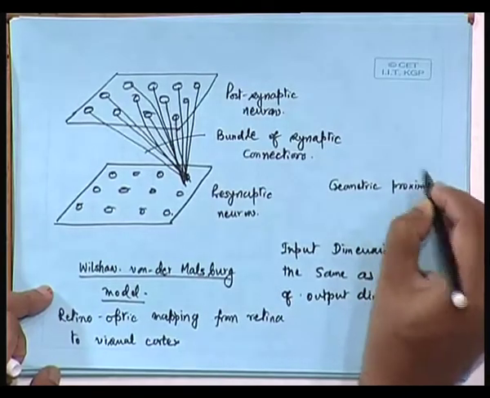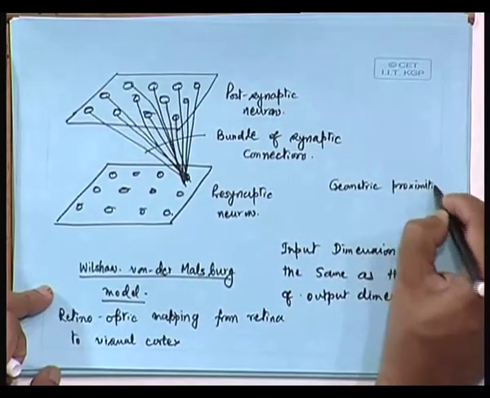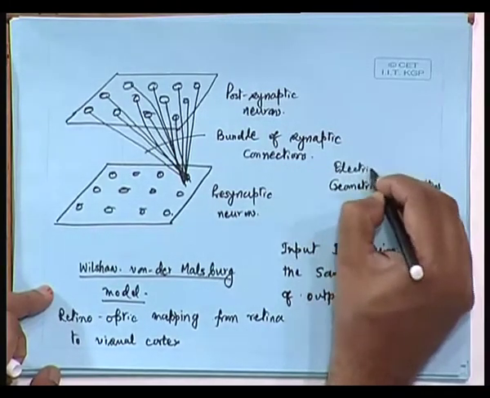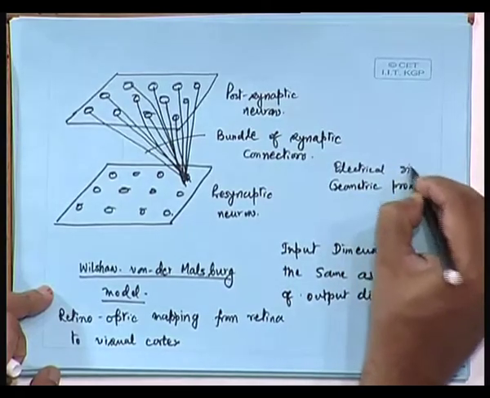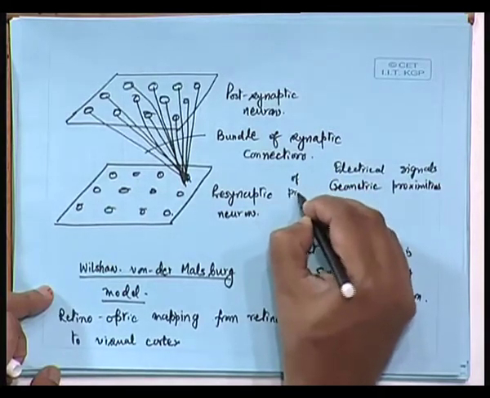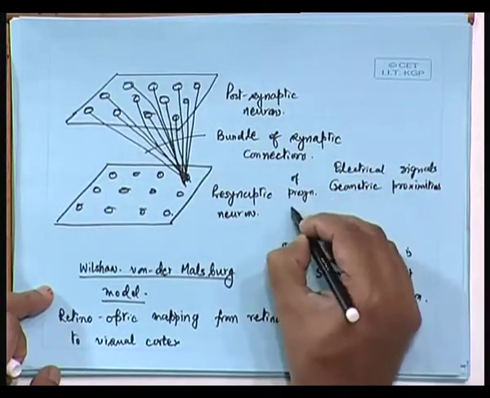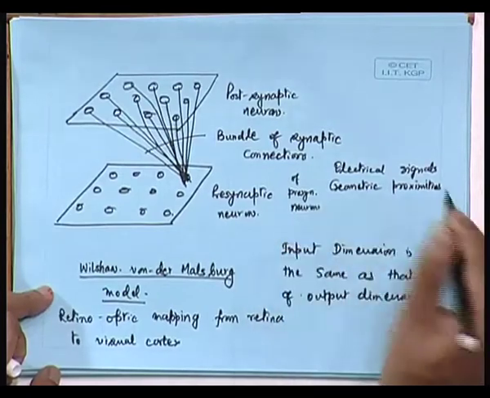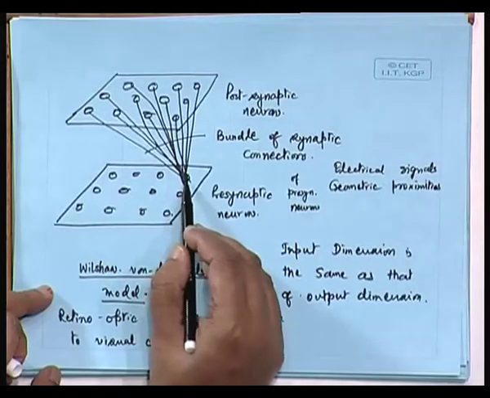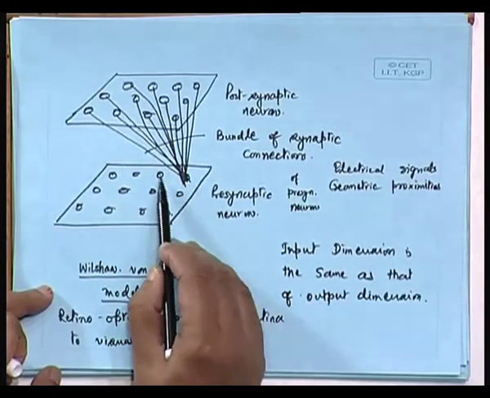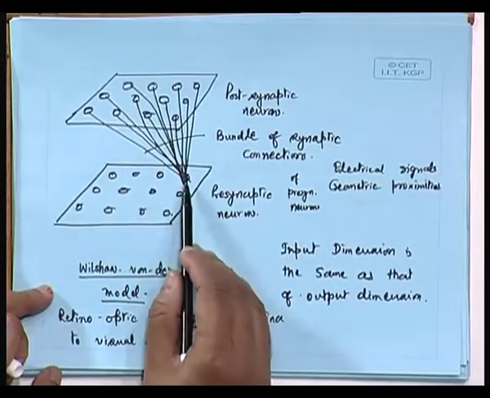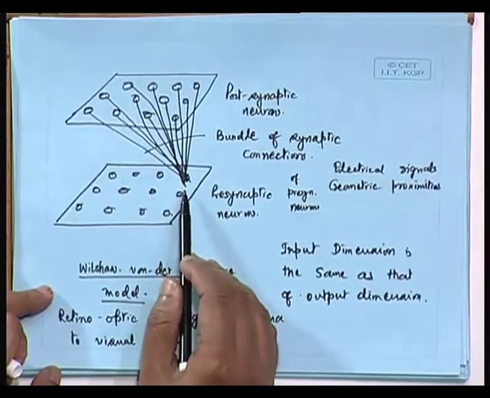In fact, the electrical signals of presynaptic neurons are based on geometric proximities, in the sense that if this presynaptic neuron is geometrically close to these neurons, then their electrical signals also will be highly correlated,